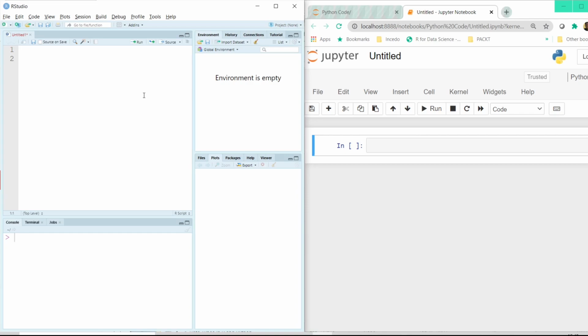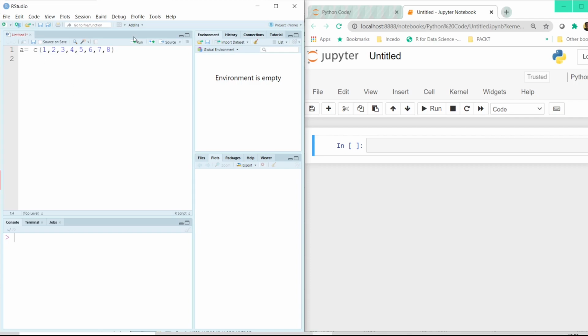Okay, let's get started. Now it's easy to create a vector of say 5 numbers. If I say A equal to the combine operator 1, 2, 3, 4, 5. This is easy to manually type. But what if I want to create a vector which has got say 20 elements? Then typing each one like this could be a little bit time consuming. So what options do I have?